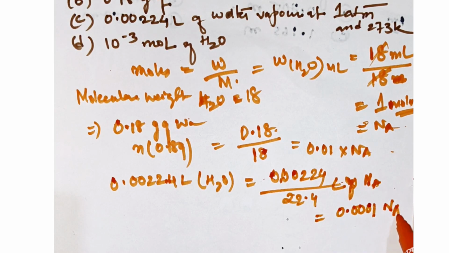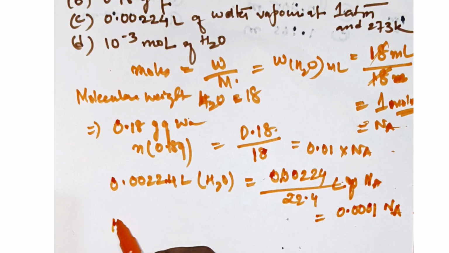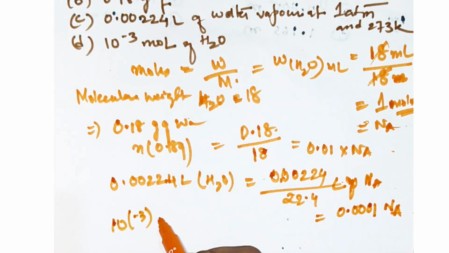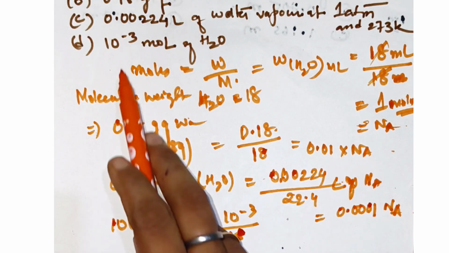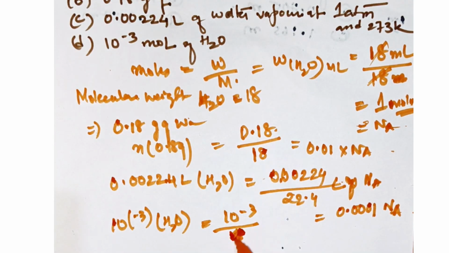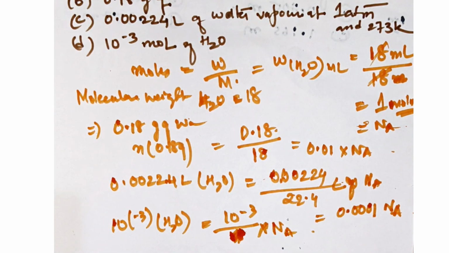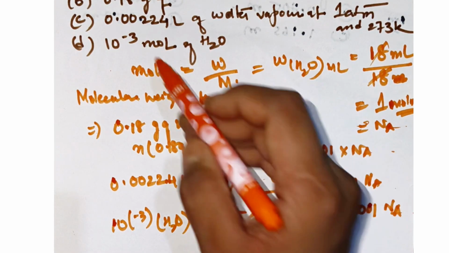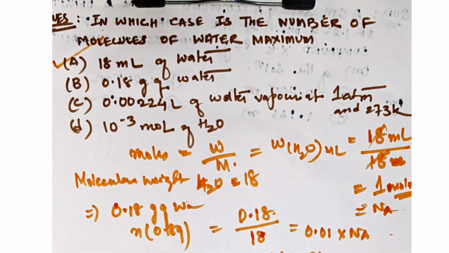0.0001 Na. And the last one, 10 to the power minus 3 moles of water, how many molecules will it have? It is given totally in moles, so there is no need to divide it by molar mass, just multiply this with your Na. So tell me which one has the maximum. Is it option A, that is your 18 ml of water? Now